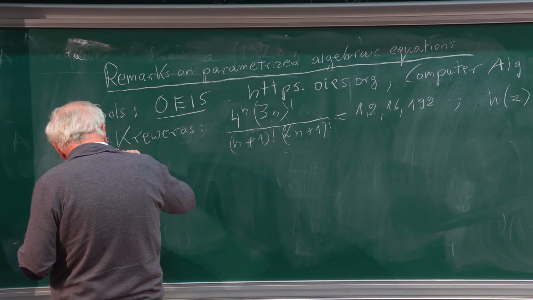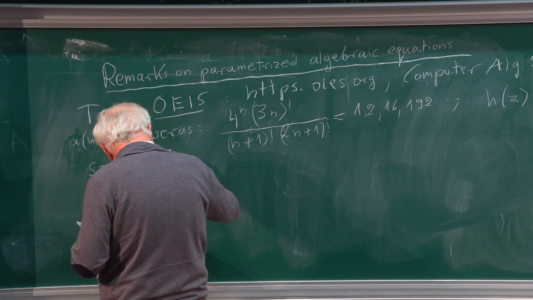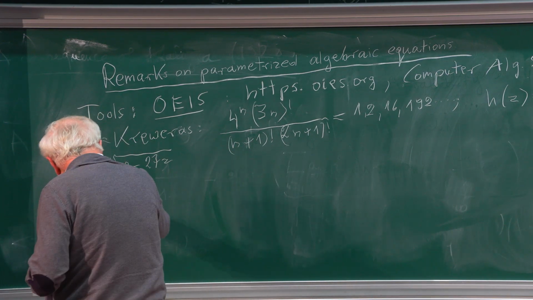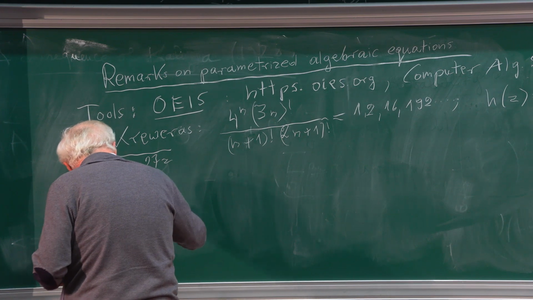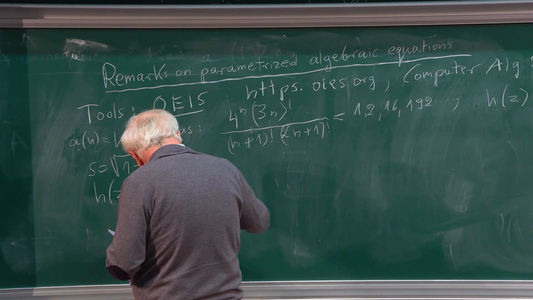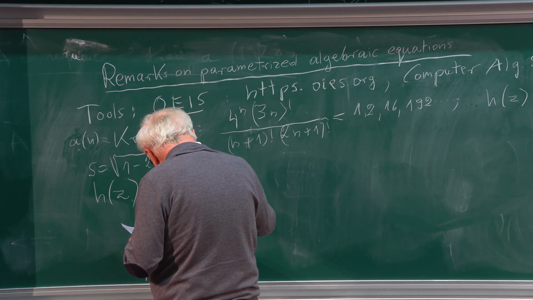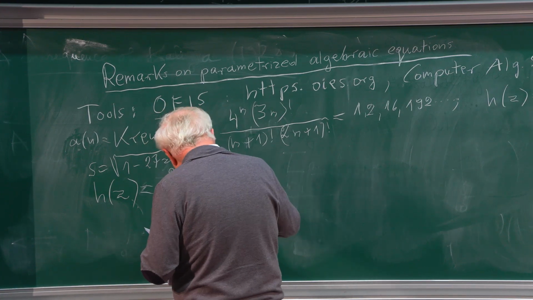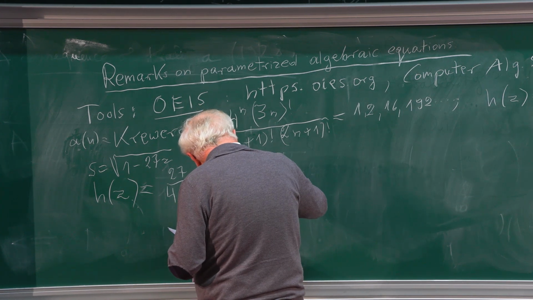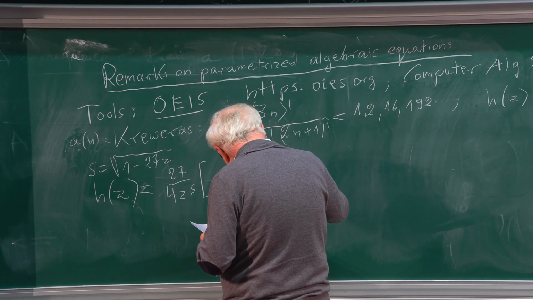We define this 1 minus 27z as S, and this h of z is 27 z S minus 3 i square root 3